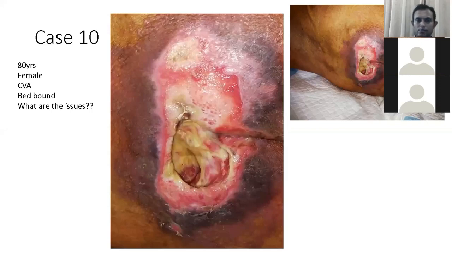Anything else? We have to put her on a mattress. First thing is you have to ask them to get an air mattress and put her on it. Otherwise, turn her. When you are turning, you have to advise on the pressure points, other pressure points. So we will discuss bed sore prevention and management of bed sores next week. So that's why I put this as the last one.